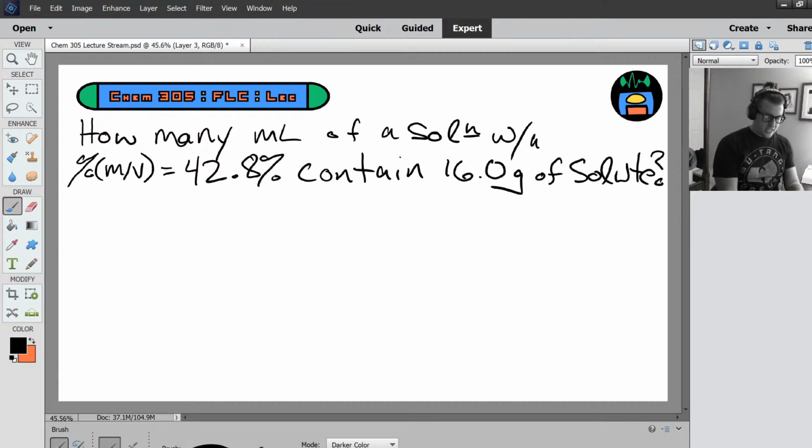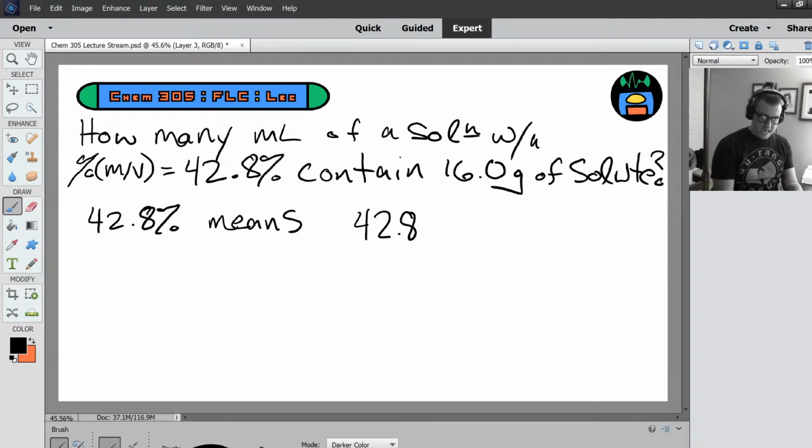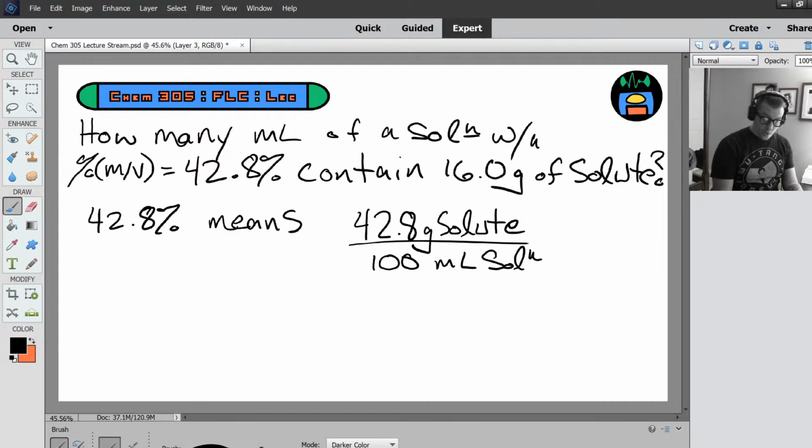So this 42.8% literally means that we have 42.8 grams of solute in 100 milliliters of solution, or, right,